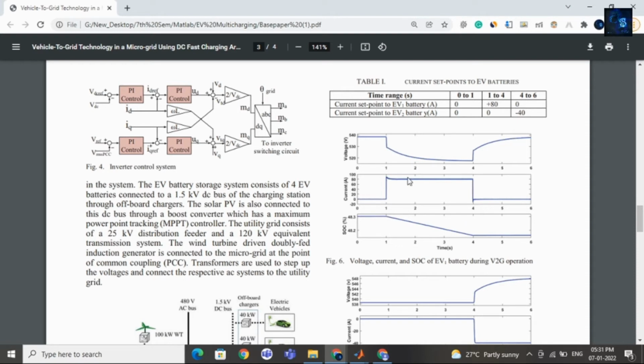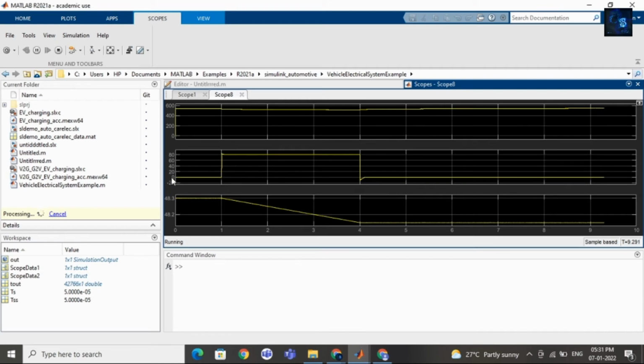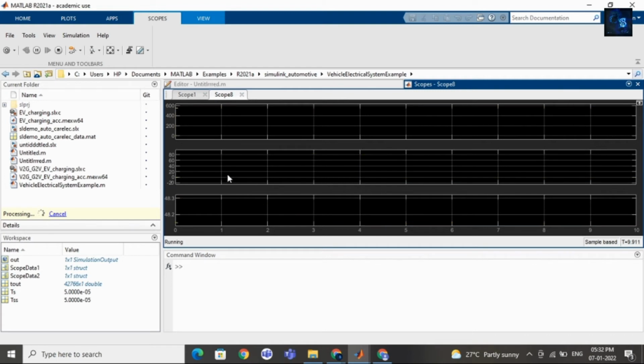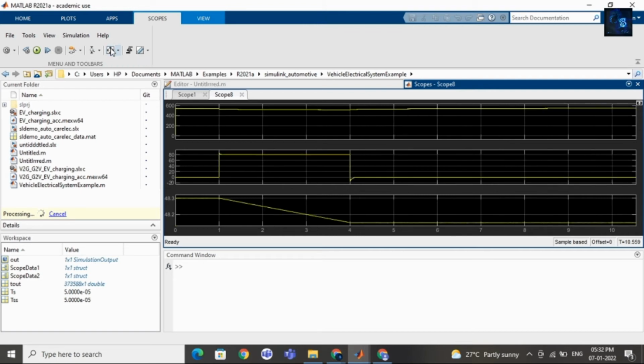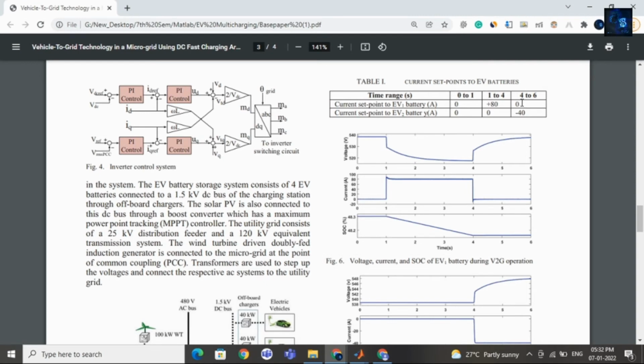Here you can see the waveform, and from 0 to 1 it is 0, and from 1 to 4 it is plus 80. Then from 4 to 6 it is again 0. This is how you can compare the base paper results with the simulation result.